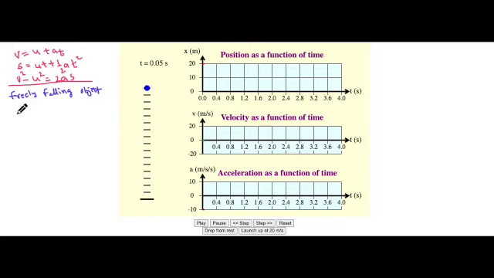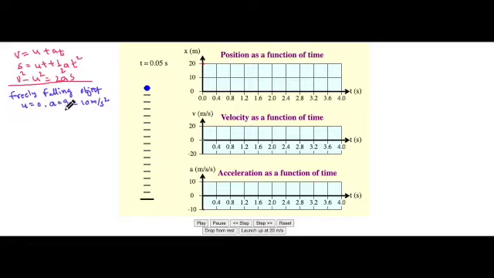First let me write the conditions for the freely falling object. For a freely falling object, the initial velocity u is equal to 0, and the acceleration a is equal to g, and here I am assuming that g is equal to 10 meter per second square. g is acceleration due to gravity.